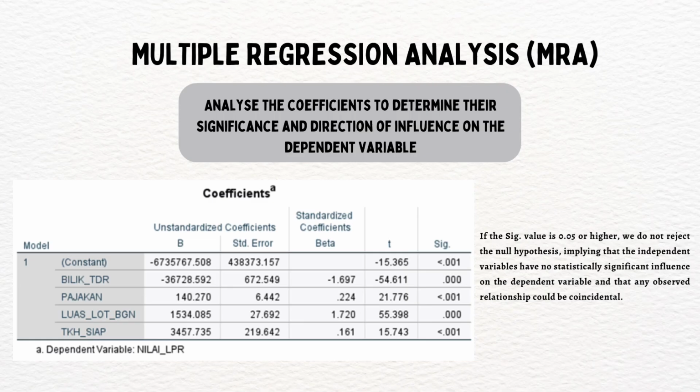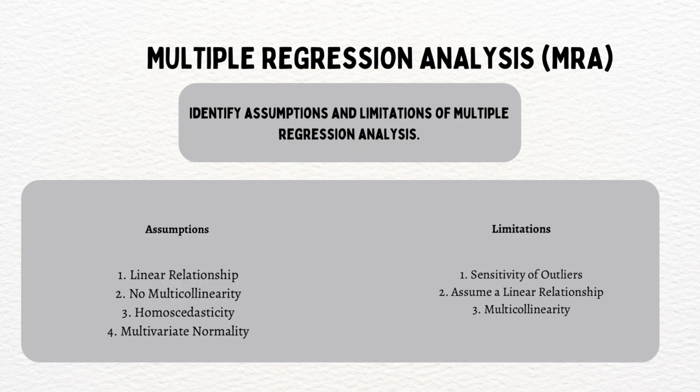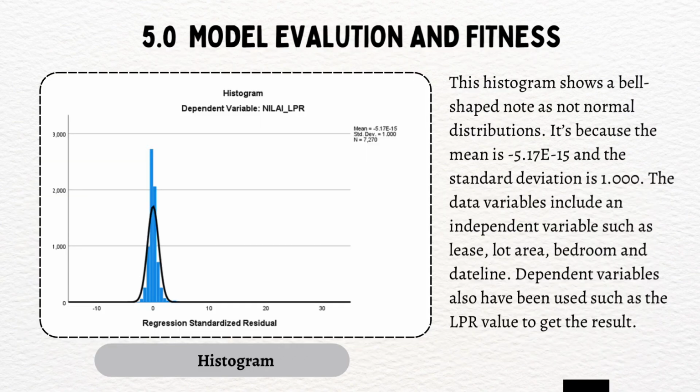In the MRA part, I'm going to explain and analyze the coefficients to determine their significance. Next is identifying assumptions and limitations of multiple regression analysis. Next is model evaluation and fitness. This histogram shows a bell-shaped curve, though not a normal distribution. It is because the mean is negative